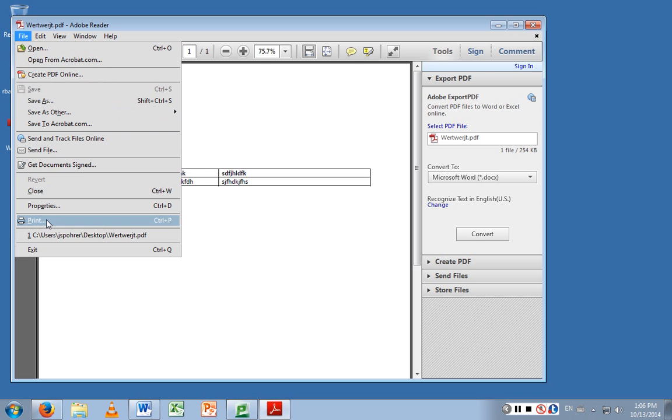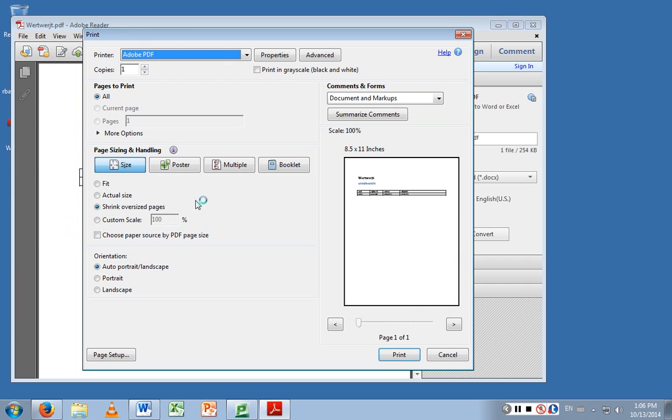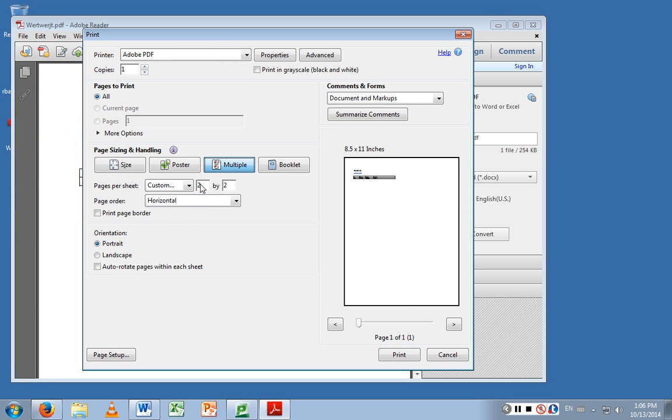yes, you can print 2 to a page. Multiple, yeah. So 2 by 2. Let's see. You can do 1 by 2. You can do custom. So basically, you can set it up, and you can set it so that it's like landscape 2 by 2. So that's what I do. You can't really see very well with this document because it's blank.